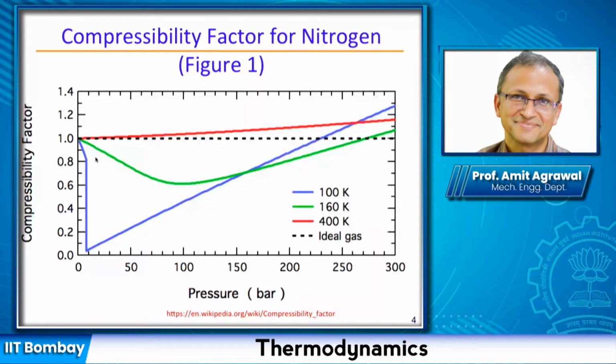So you can see that my pressure and temperature are not changing. So the answer that I'm going to get from the ideal gas law is going to remain the same, but my actual volume is reducing. And the actual volume is reducing, as you said, because the gas is liquefying, and in the process of liquefaction, the volume reduces. So the compressibility factor, because it's a ratio of actual to the ideal, is reducing now.